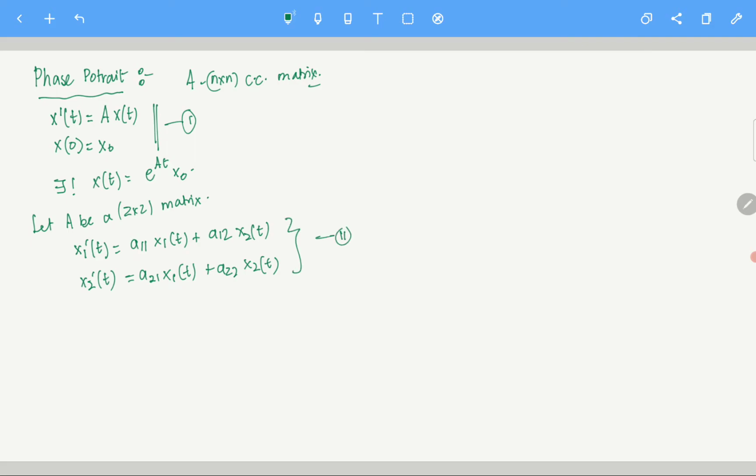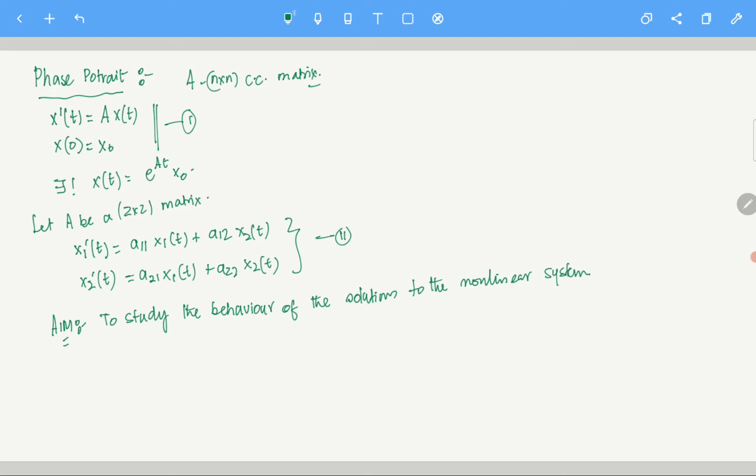Right. Now what we want to do is this. Our ultimate aim is to study a nonlinear equation. So what is our aim? Aim is to study the behavior of the solutions to the nonlinear equation. Okay, nonlinear equation. So what do I mean by a nonlinear system of equations?